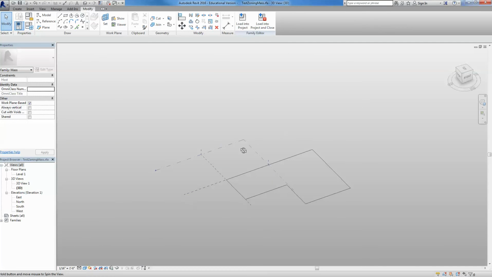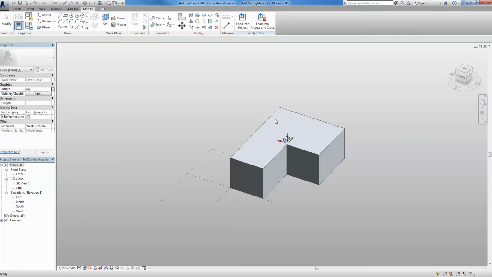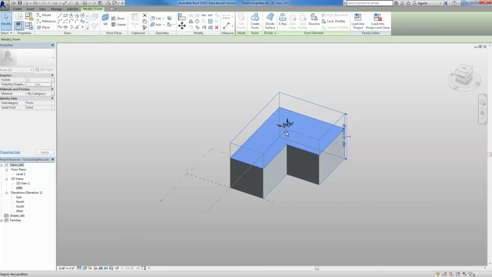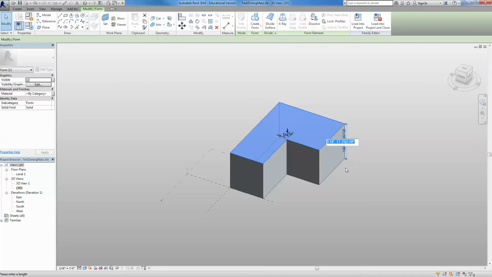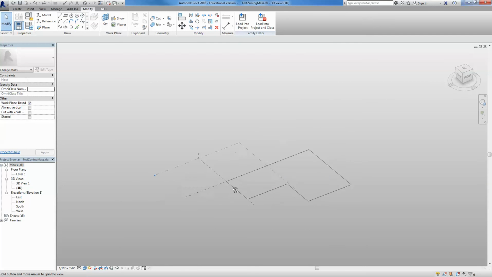So, we have the line already, so we just need to start extruding. As simple as selecting it, the button create form appears. And also you could click that. And there you have it. You can take it up. If you didn't want to use reference planes, which is what I'm going to use now, you can always click on the number and give it, for example, a 125, and that could be the maximum base height for a narrow street. Okay, that would be a way, but I'm actually going to Control C a couple times, and I'm going to do